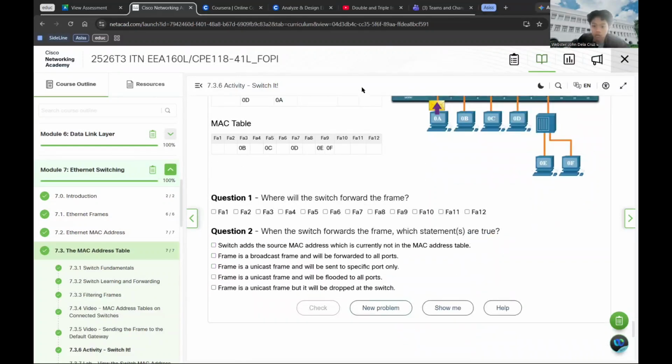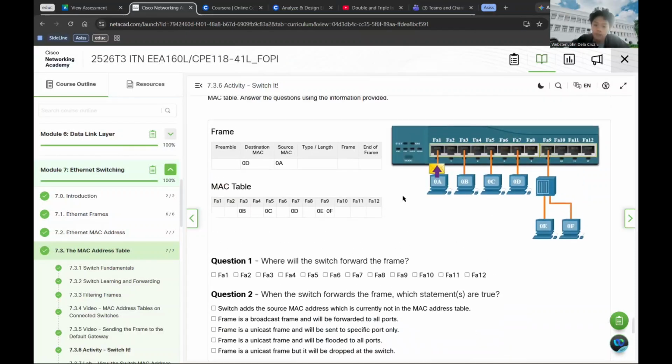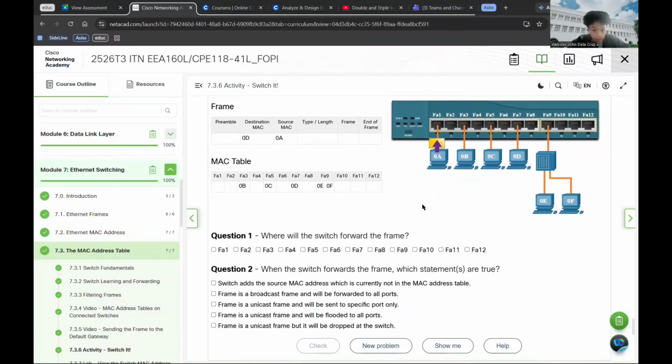For problem 3, we determine where the frame goes. The switch always looks at the destination MAC address. In the provided frame, the destination MAC is 0D. When the switch checks its current MAC table, it finds an existing entry showing that the device with MAC address 0D is connected to port FA7.